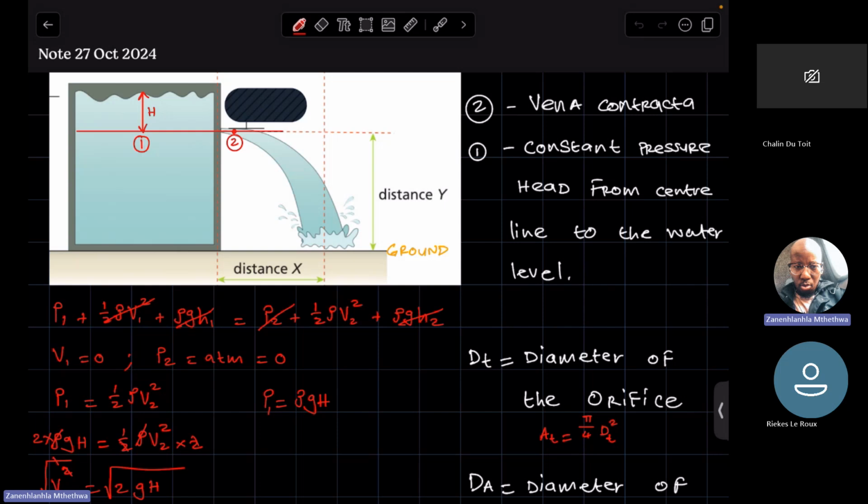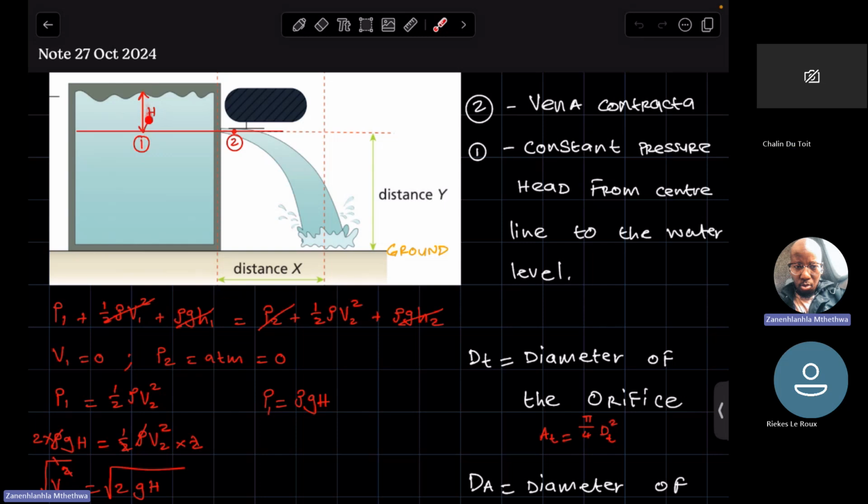Remember that pressure is equal to rho gH. So if the H is 0, it means the pressure is 0. And this H is the height above that point. So the H refers to the height or the column of fluid above the point you are looking at. So if you're looking at point 1, the height we're interested in is not this one. This one is for potential energy, the height below the point, whereas the height above the point to the water level, that H is for gauge pressure. We refer to that H as a column of fluid, or the height of the fluid above the point you are looking at. That's why we'll have a value of P1 at this point,